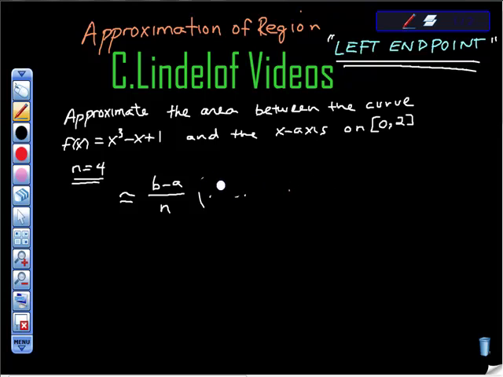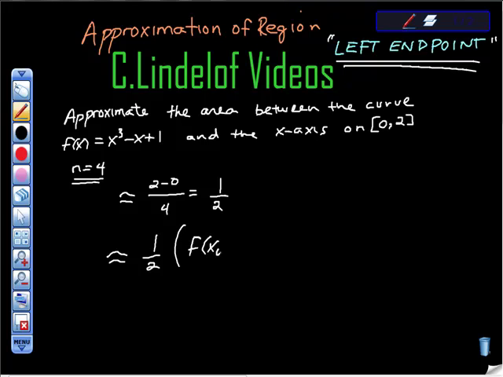So let me just set this thing up a little bit. This is from 0 to 2, so the upper boundary is 2 minus 0. It says that n is 4. That means that our change of x, or our width, is going to be 1/2. So that's all I'm going to do now is set that up and say, okay, my approximation is 1/2 times